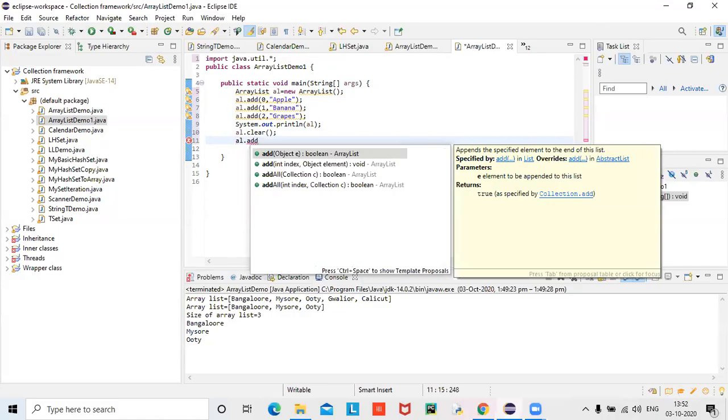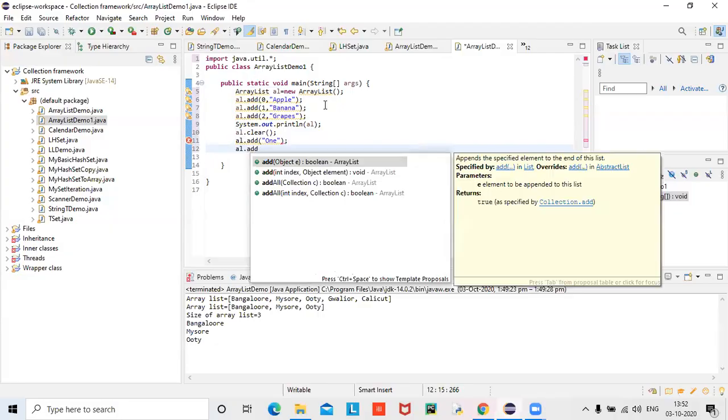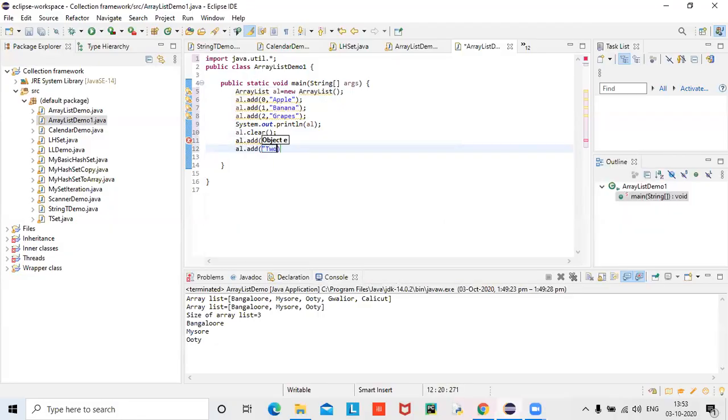Add al dot 1. Now again I want to display al.